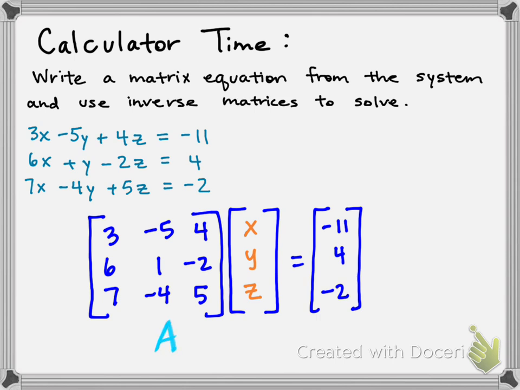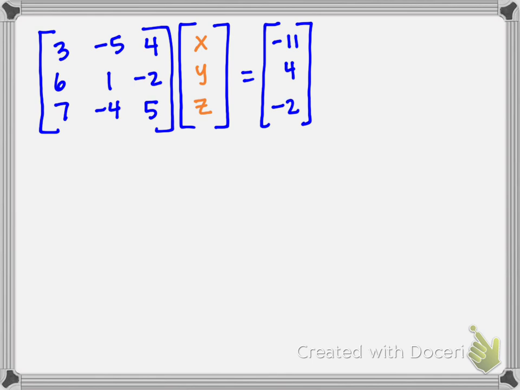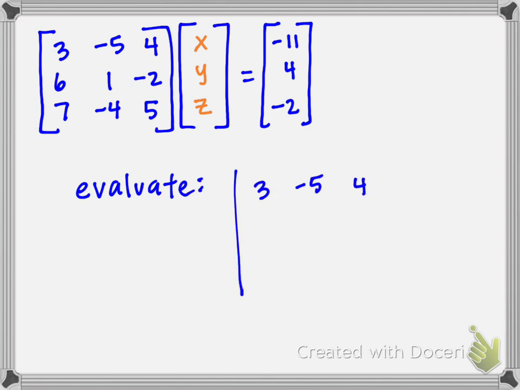Remember, this is matrix A. We're multiplying it always by matrix X. We're equaling that to matrix B. So on your homework, if we had that set up, they might ask you to evaluate, and it just looks like this: 3, negative 5, 4, 6, 1, negative 2, 7, negative 4, 5, with bars like that. So to enter this into the calculator, you're going to want to use your calculator skills sheet,